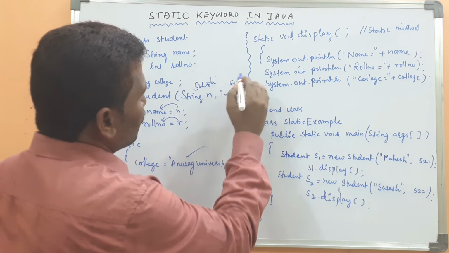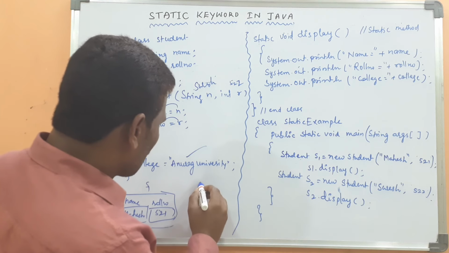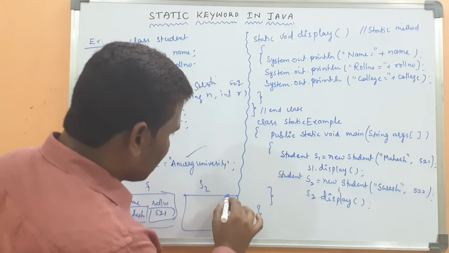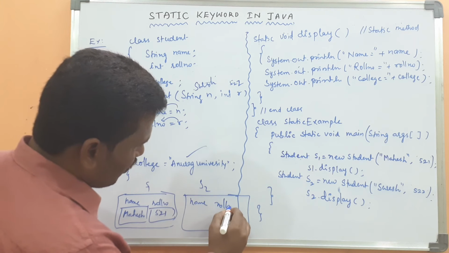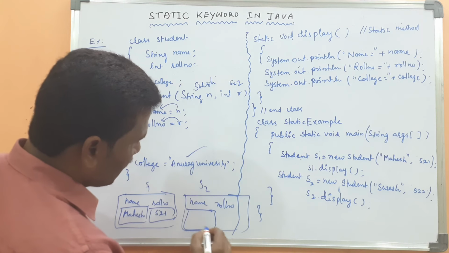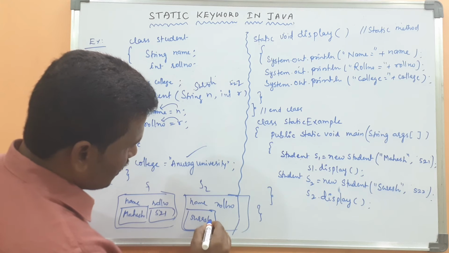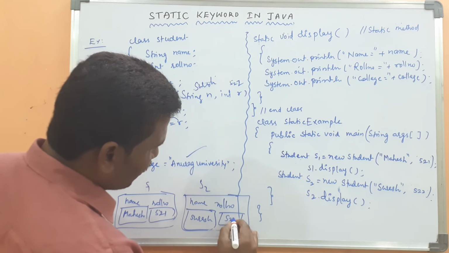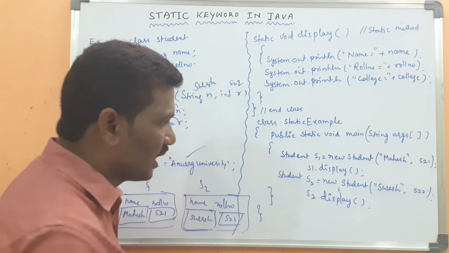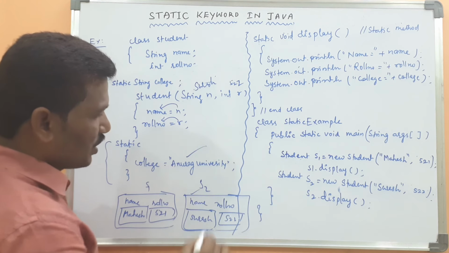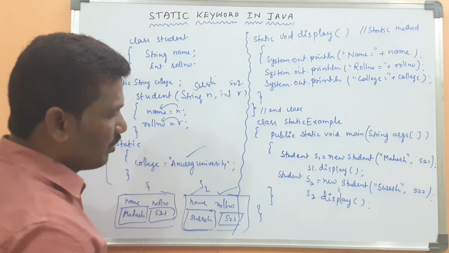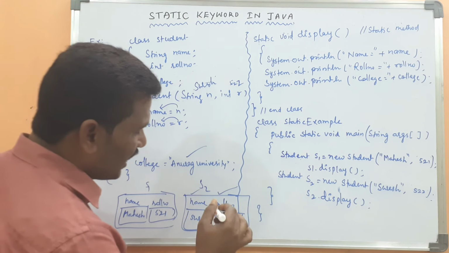It is 522. Then the S2 object, what is the data there? The name and roll number. The name should be Suresh. Roll number is what? 522. S2.display, when you call the display method by using the S2 object, then the name Suresh will be displayed, roll number 522 will be displayed. The college